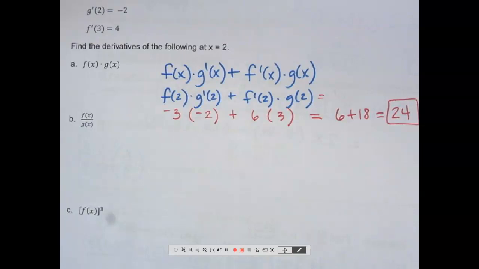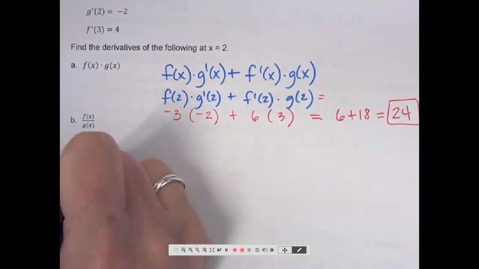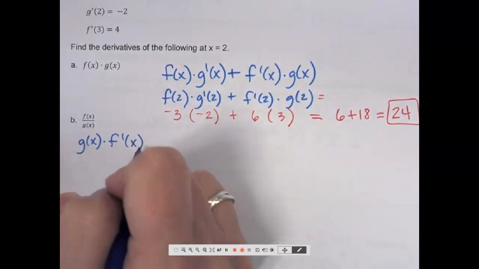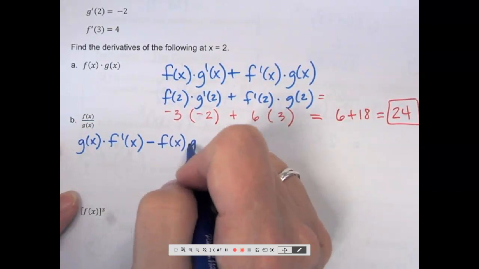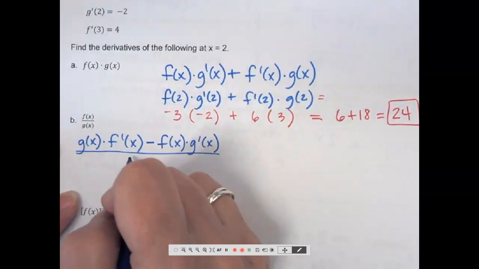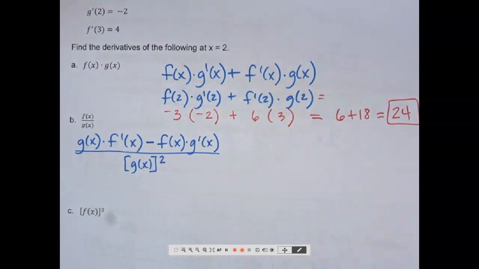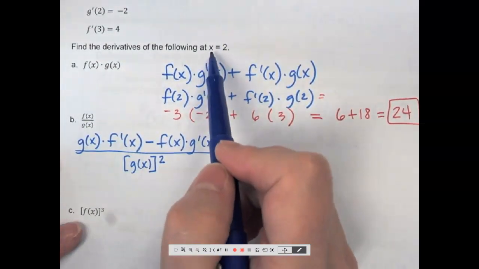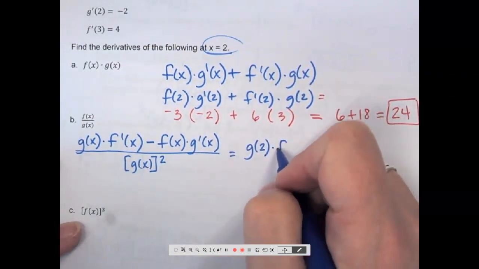Okay, what will we do for part B? Quotient rule. Okay, so using our f and our g, I would have g times f prime, that's low d high, minus f g prime over g squared. Okay, with that setup, replace the x's with 2 because the whole thing is find the derivative at x is 2. So g of 2, f prime of 2,